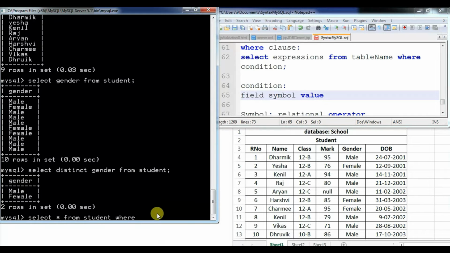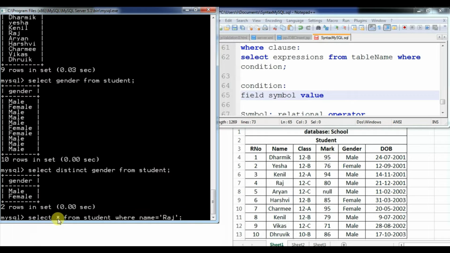So I am going to write name. That should be Raj. That means we have to assign one value, or suppose you want to compare, then you can use is equal to and then a value, that is Raj. And as I told you at the time of inserting records, if you are going to write any non-numeric value, then you have to write it within single quotes, and at last one semicolon will be there.